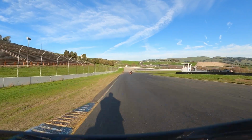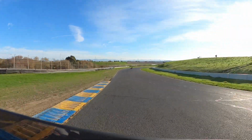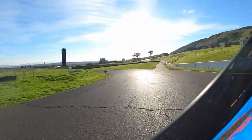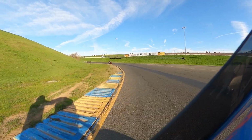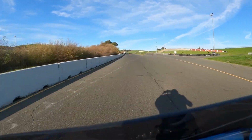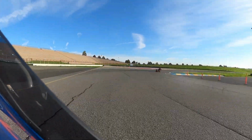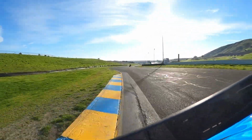And up over the hill, downshift, get on the brakes for this hard 90, which is turn 4, and then on the gas again. Accelerating pretty hard. This is turn 5, and you're moving along at a pretty good pace right here. And this is coming over the hill into turn 6, which they call the carousel. Big downhill, 180 degree, really fast corner. This is the second longest straightaway of the track, going uphill just a little bit. This next corner, turn 7, is also blind. It comes up on you really fast, so you've got to have a good marker to mark your braking points. You're 180 all the way back around,